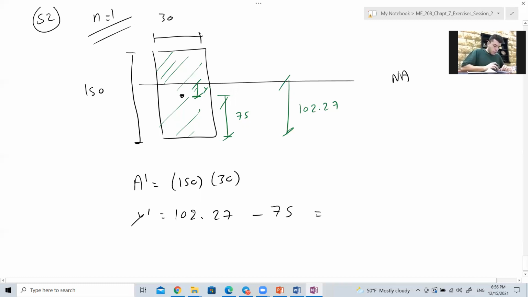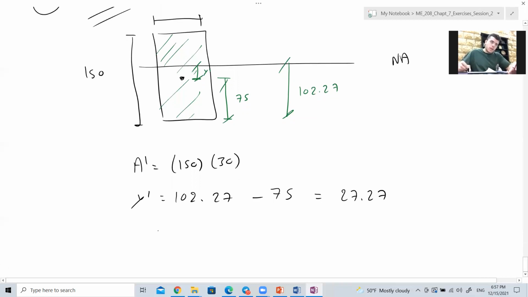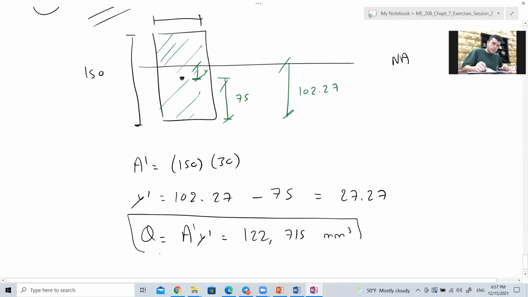So 102.27 minus 75 تطلع 27.27. Therefore Q, which is A prime Y prime, 122715 millimeter cube. This is Q. And now finally in step